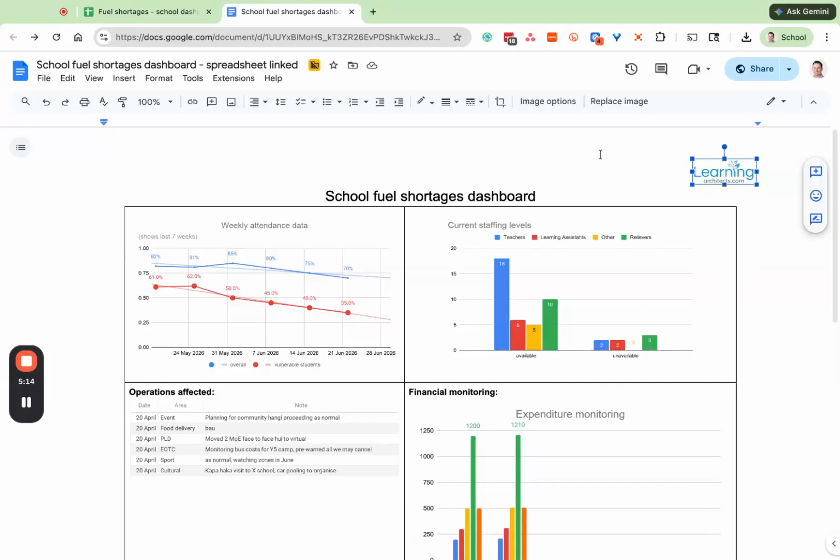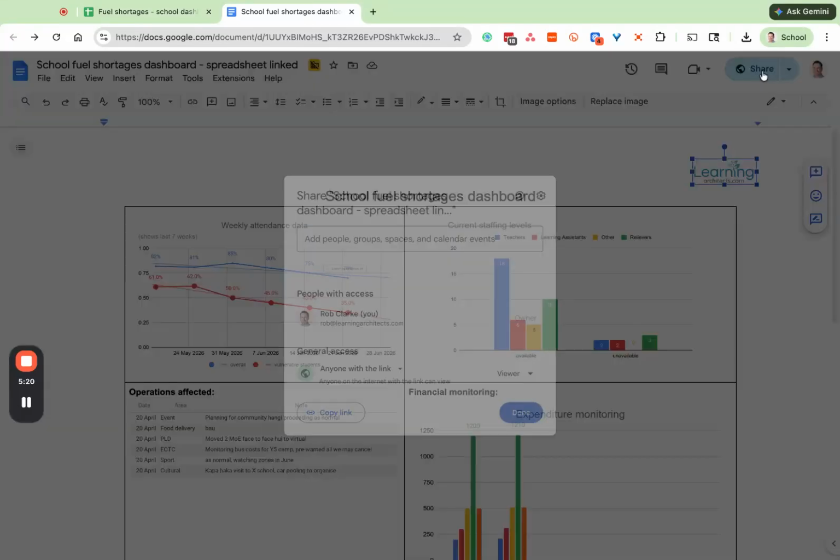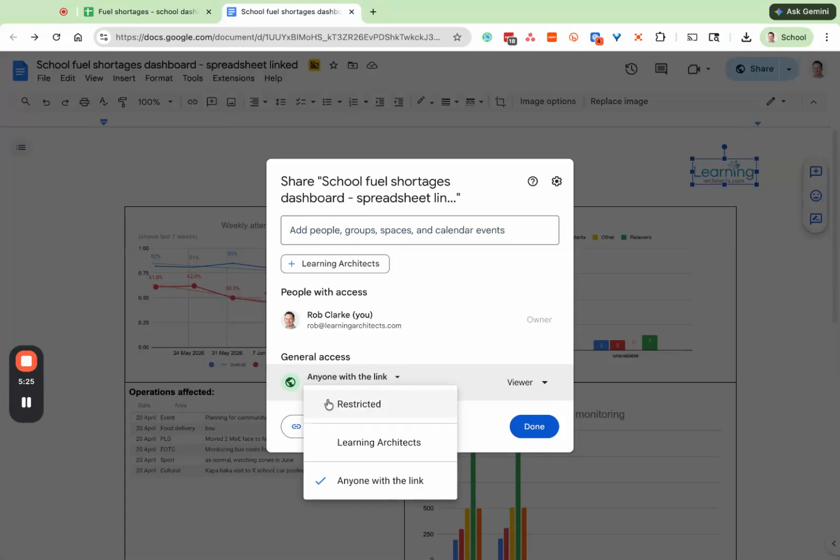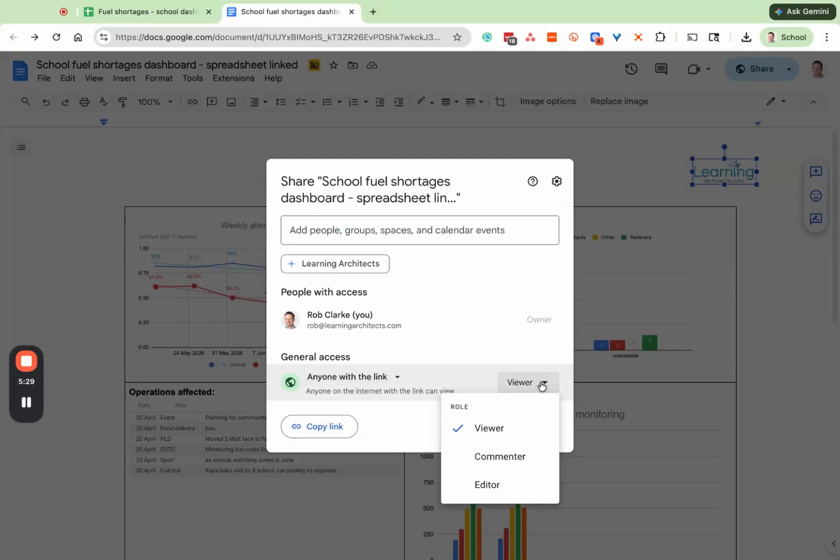Now, the last thing to do once you're happy with your dashboard and you've set up your spreadsheet and you've pasted in your charts is to go share, and then make sure under general access that it doesn't say restricted, but it says anyone with the link can be a viewer. Okay, so then you can copy that